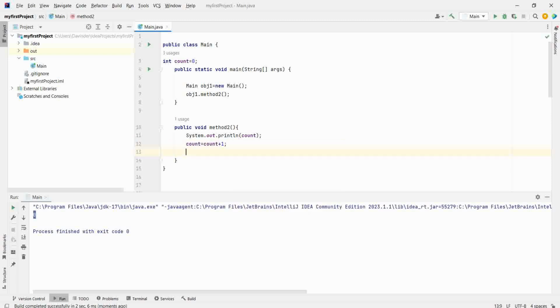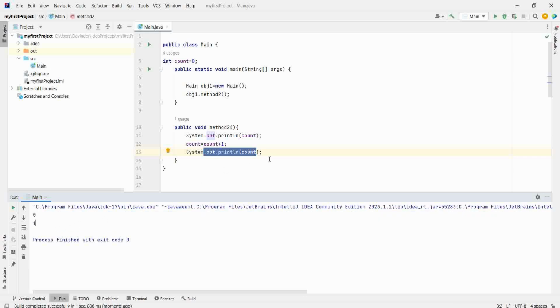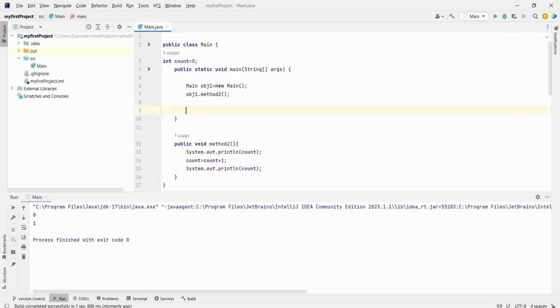If I print the count variable, first it will be 0, then it will be 1. Let's see this. Absolutely correct. Now let's see what happens if we create one new object of my class.